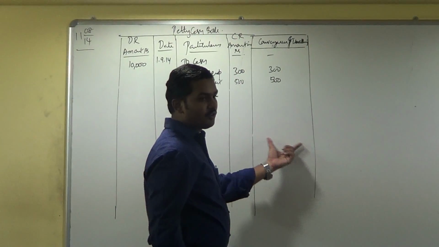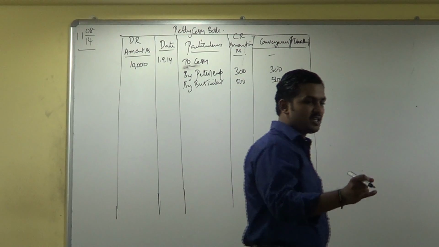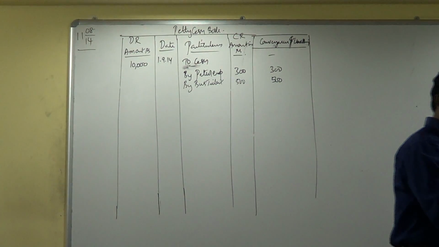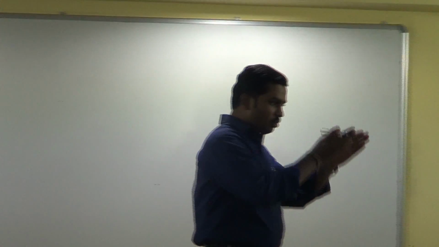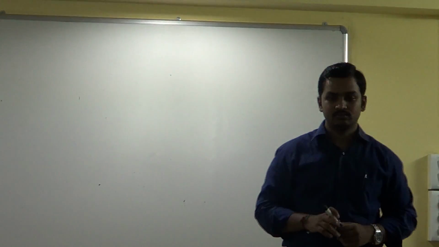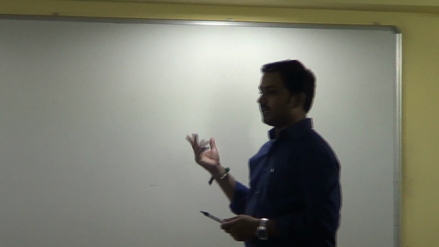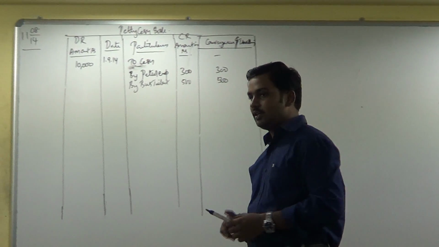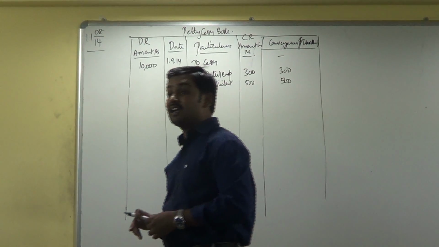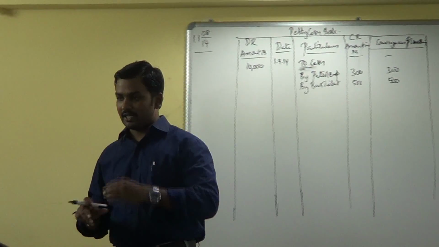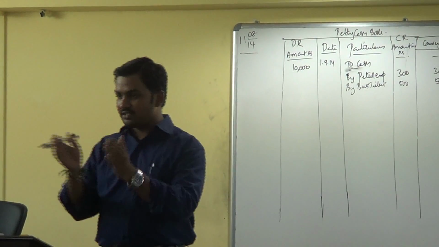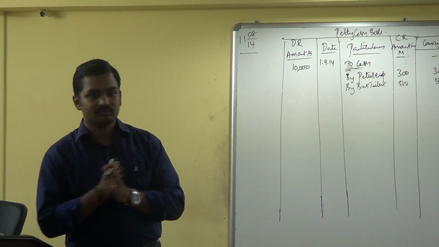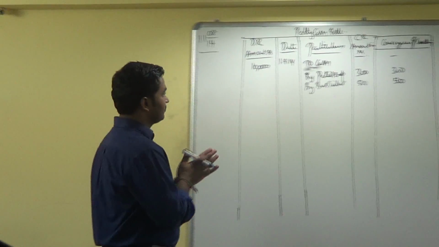This column is going to do the work of all those accounts: petrol expenses, bus tickets, taxi expenses. All of those expenses are going to be collected in this column. Recording and classification both are happening in the same book. That is why this book is called the analytical petty cash book. Transactions are analyzed, classified, and segregated together. Next